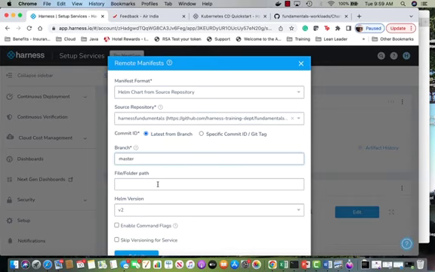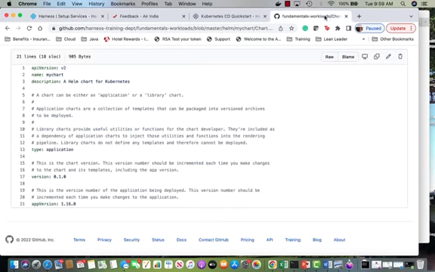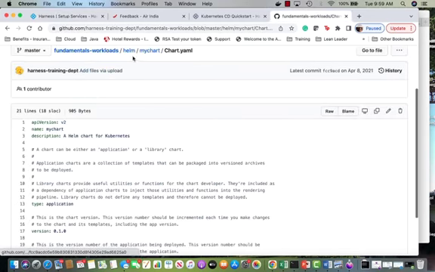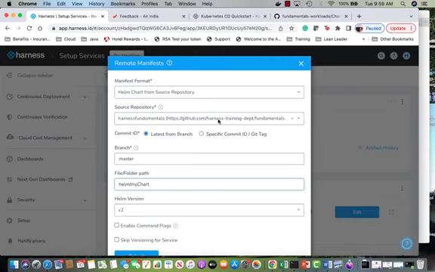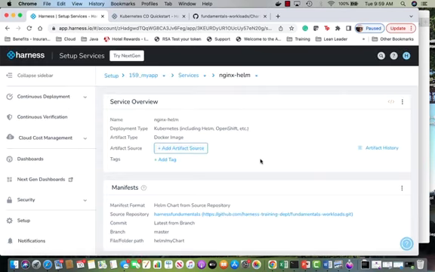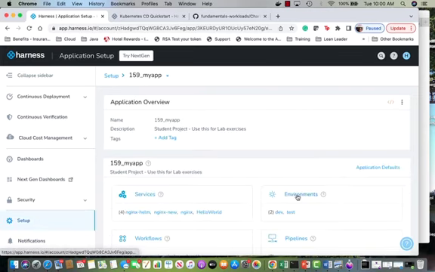And then the file folder will be Helm, because that's the path, if you remember, for my chart. That's what it is over here. If you see, it was Helm my chart, right? And I go back, and now the version is fine, the v2 version, and I'm going to update and submit it. Now what about the environment? Where is it going to run? So let me go back to the environments to make sure I have it. So I go to the environments,